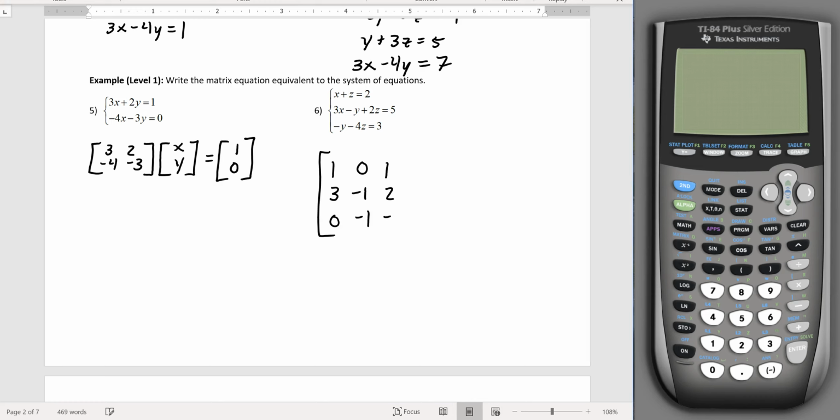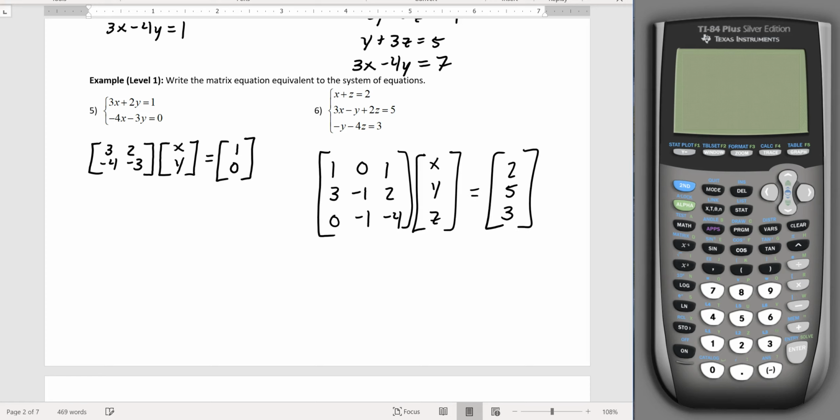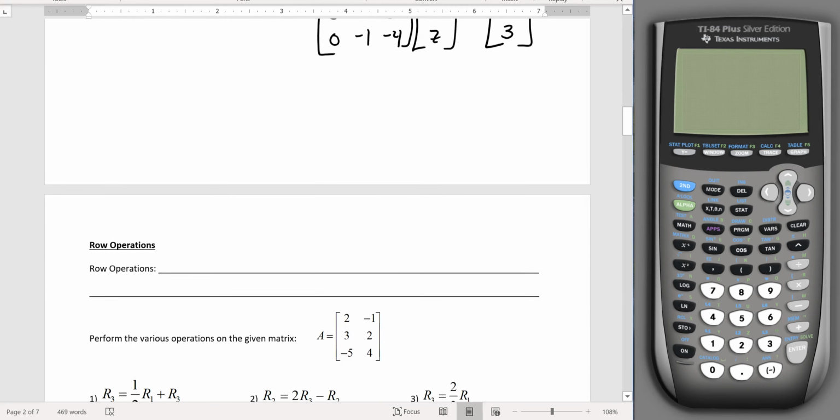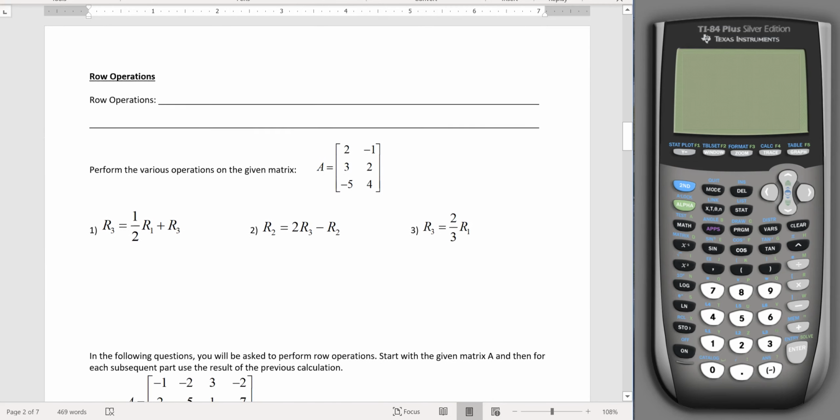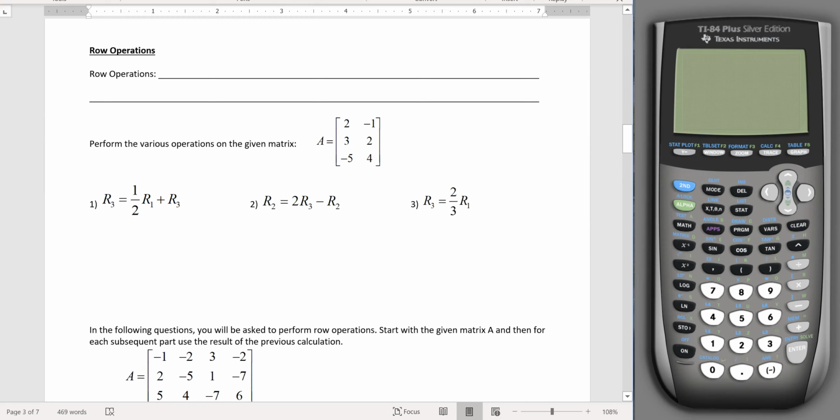0, negative 1, negative 4. My variables were x, y, and z, and they will equal 2, 5, and 3. There you go. All right, so hopefully we're feeling pretty good about those. The one more thing that we're going to talk about before we get into really solving systems with matrices is row operations, which is a process that